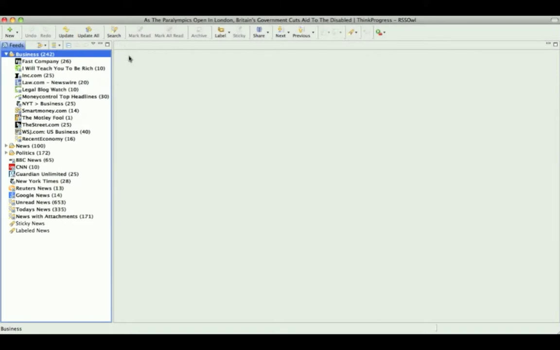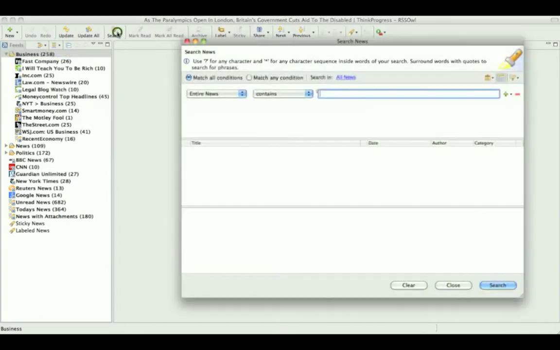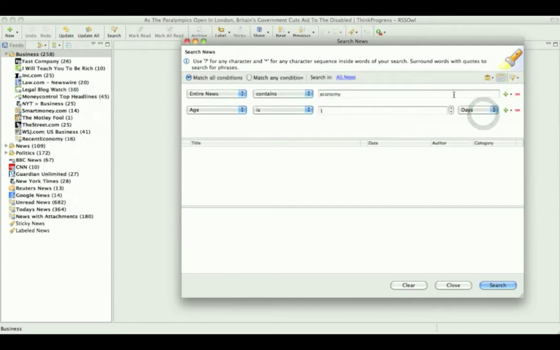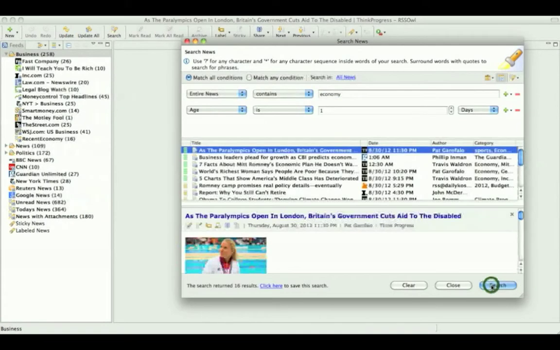So what Tom does is update all the news feeds in RSSOwl. As you can see here down right, RSSOwl tells us that it's updating the feeds. Then it does a search for recent economy news. To save time, he already set some search criteria. These are simple criteria, but it is just for this example. And then he has the search results in his page.